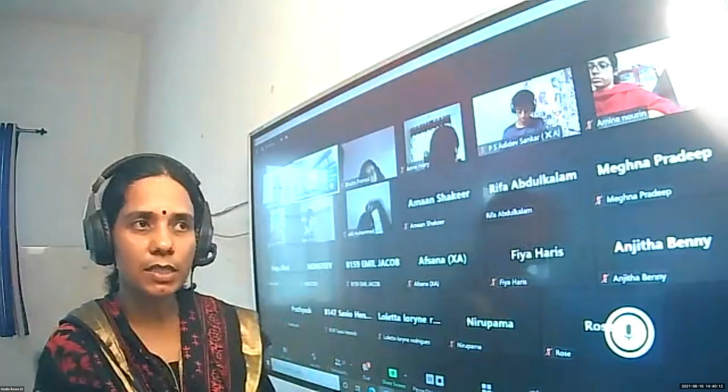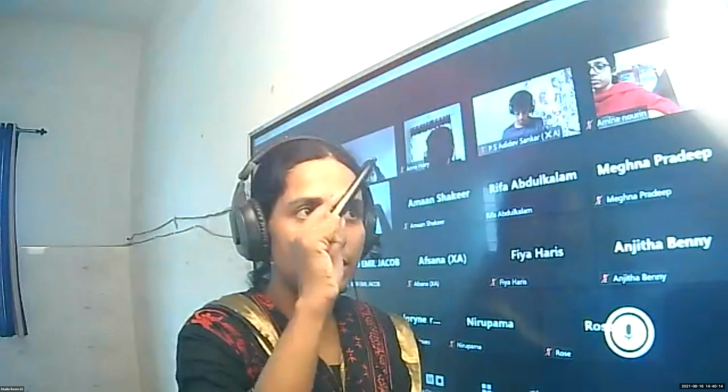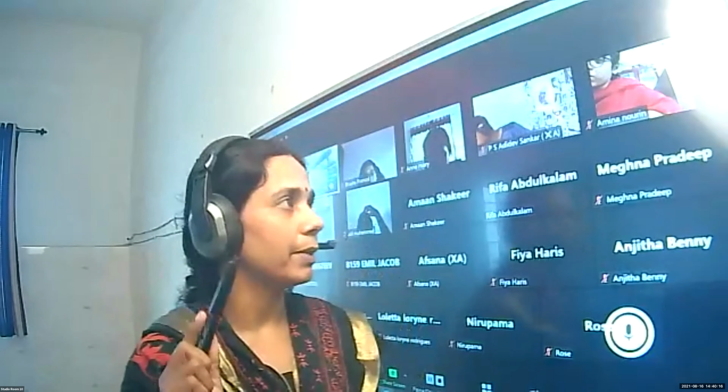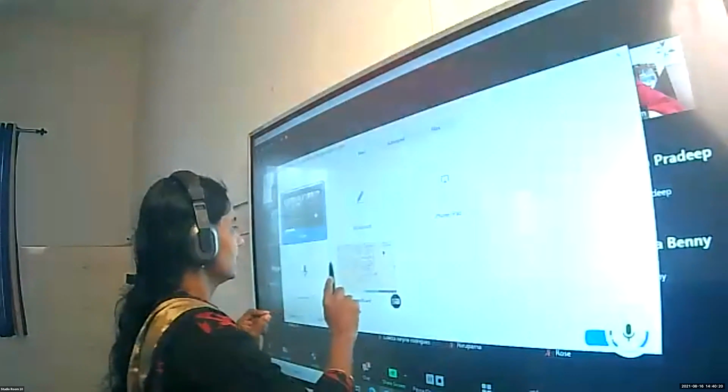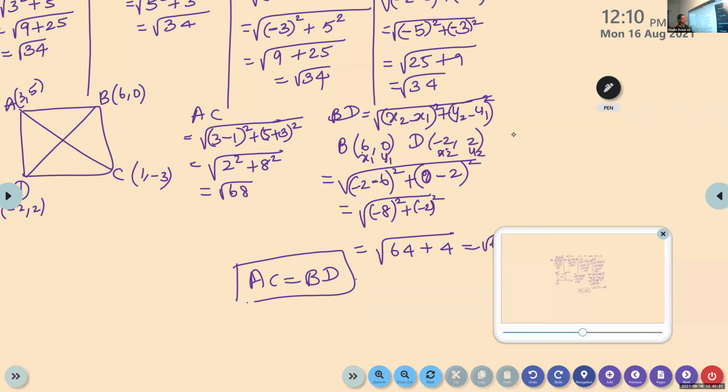Likewise, when you name the vertices, write the vertices in the order given in the question paper. Okay, 4 vertices are given here. Look at this question. 4 vertices are given in the beginning. So you write it in that order itself. Don't change the order. You take the order given in the question paper itself. And naming, you can name it as A, B, C, D, or P, Q, R, S.